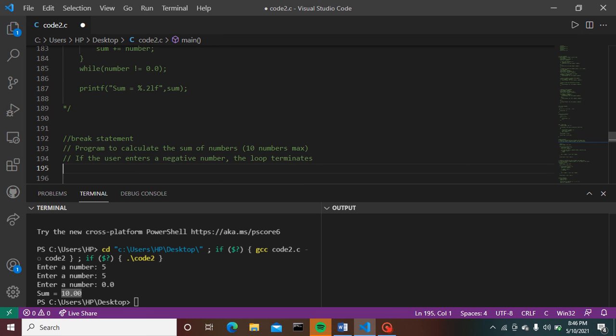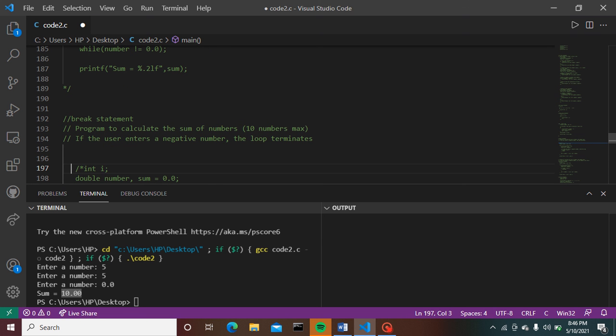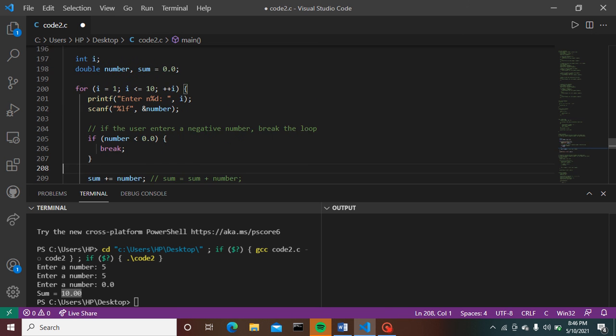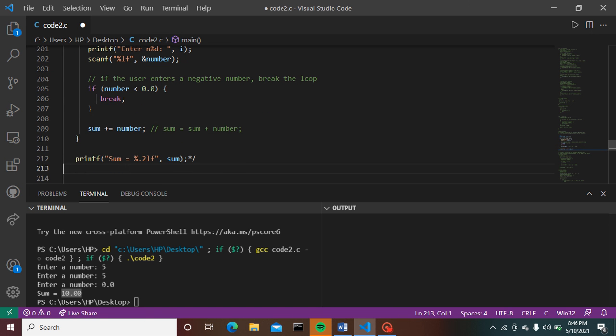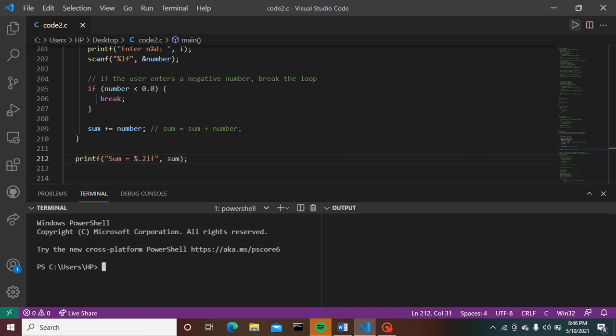Here we go with our next, the break statement code. Enter numbers 1, 3, 4, 5.